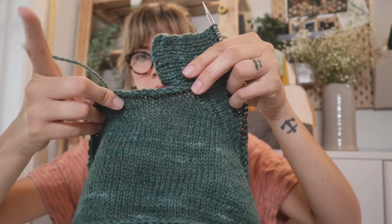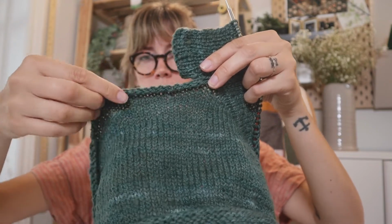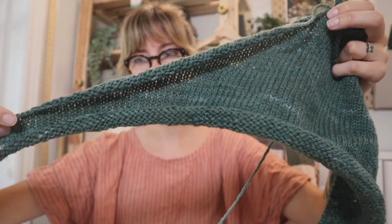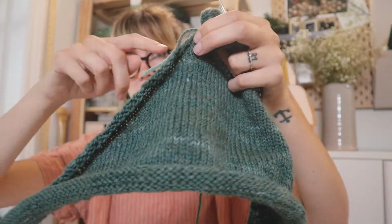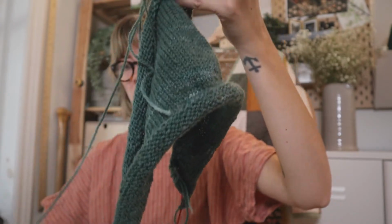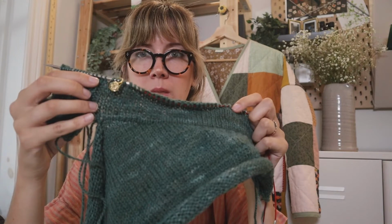So you would basically also knit the ribbing, and then you would attach it and pick up all of these stitches here, and then knit this while you knit the rib. So now that I'm looking at it, I kind of want to get back to it, but